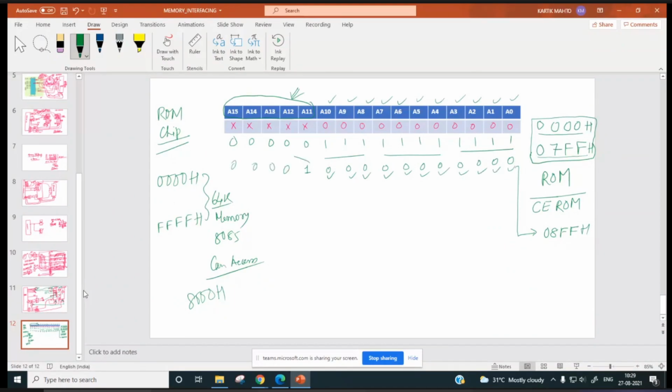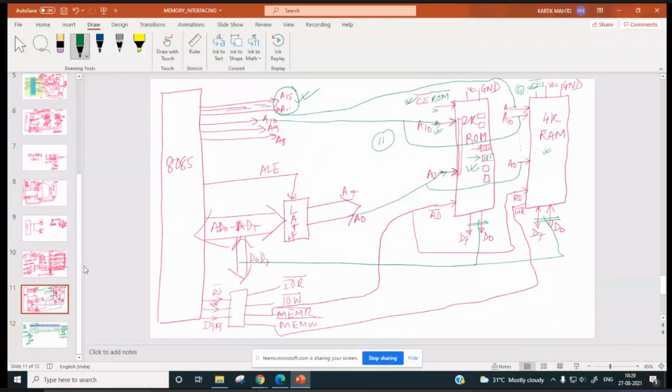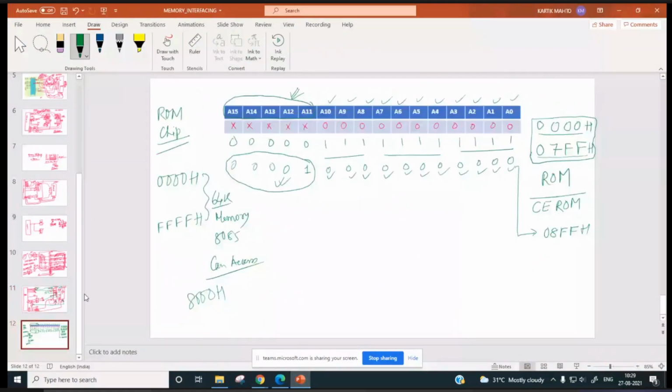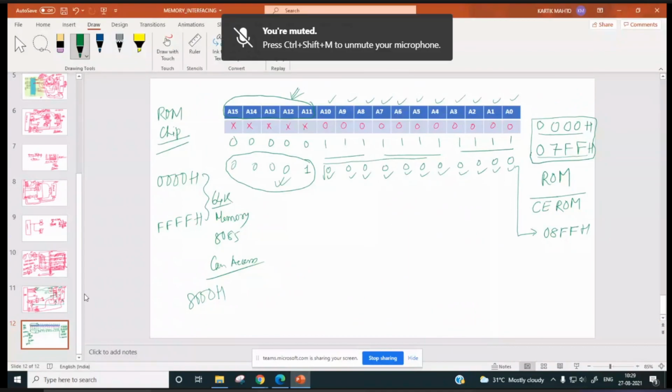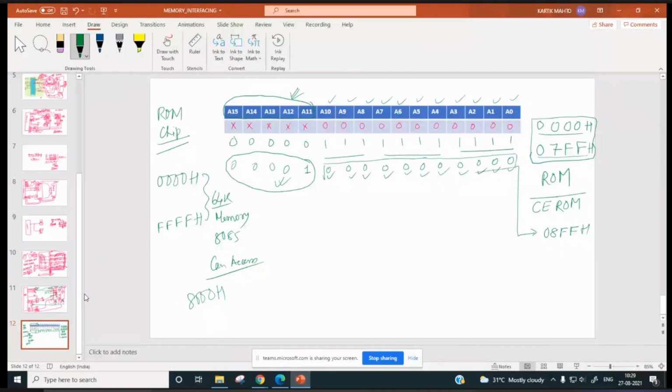Since these pins are not connected to the ROM chip, what will happen? The actual address going into the ROM chip is this only, so data will be read from 000H only, even though the processor is sending 8000H.